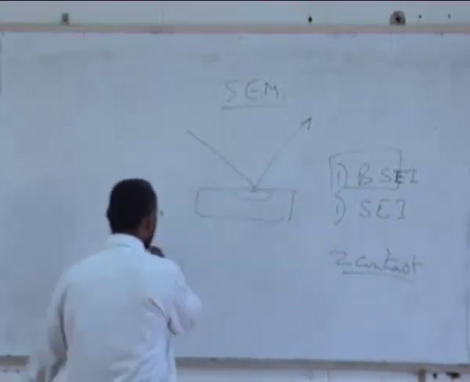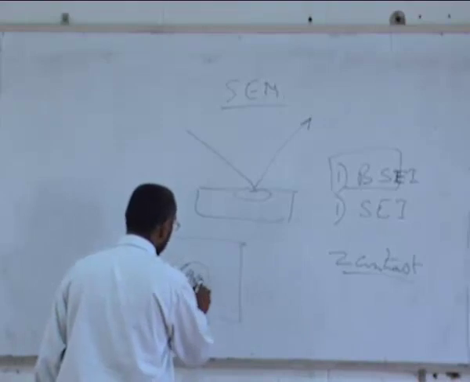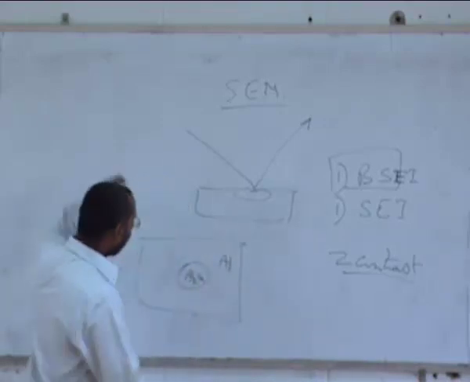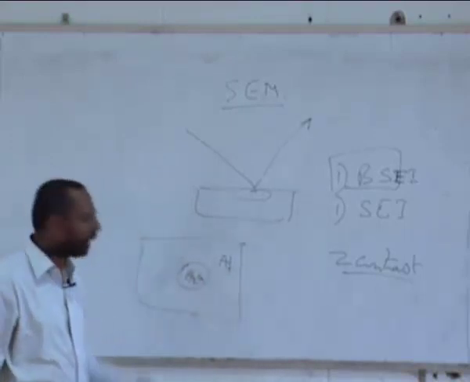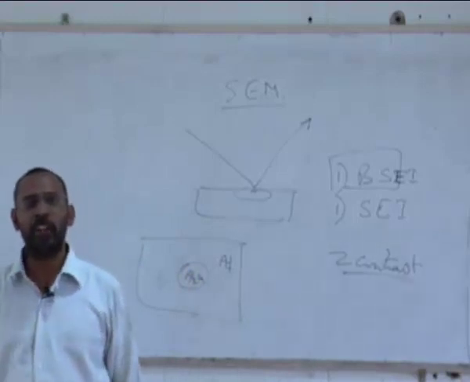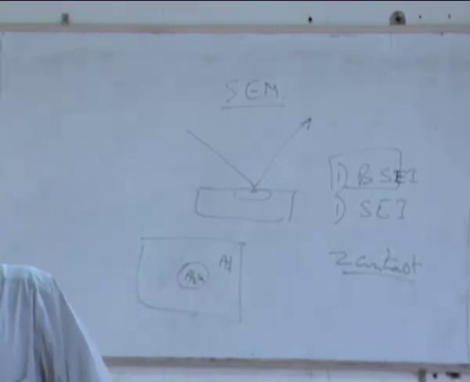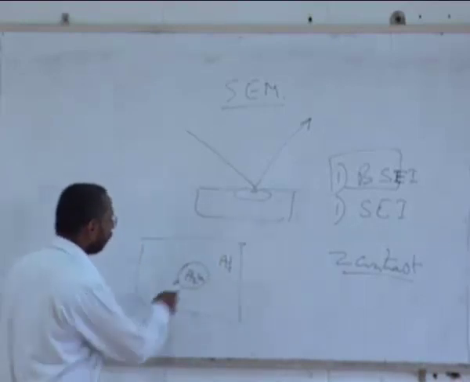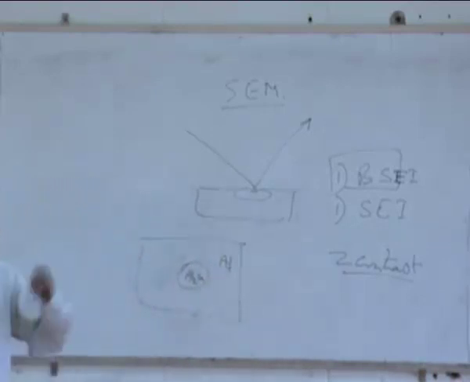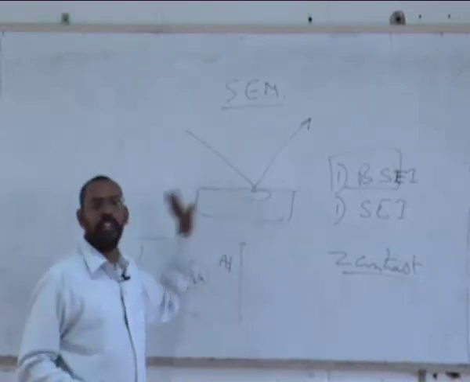For example, if your sample has, as I just now said, some Al2Cu precipitate inside an aluminum matrix, and my beam is falling on this and getting reflected, the Al2Cu, because it has a higher number of electrons inside it, scatters my electron beam more than the aluminum which is here. So this particular region will look brighter because of more scattering. I am only collecting the scattered beams, so this region will look brighter when compared to the remaining region.